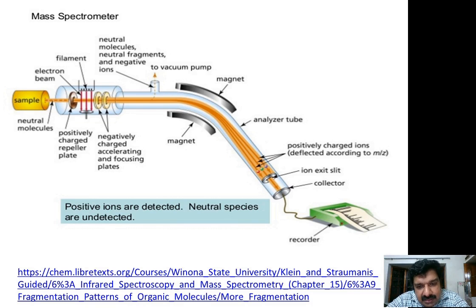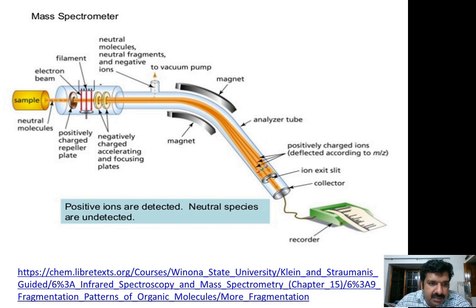This picture gives a very elaborate idea about the mass spectrometer instrument. Here we are giving the sample in the form of gaseous state. Suppose our sample is in liquid state, we have to convert it to gaseous form by heating. After converting the sample to gaseous state, it is passed to another chamber, and this chamber is known as the